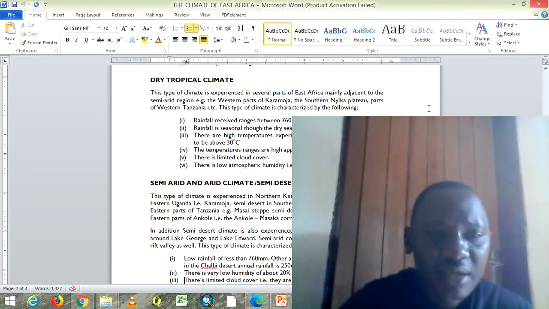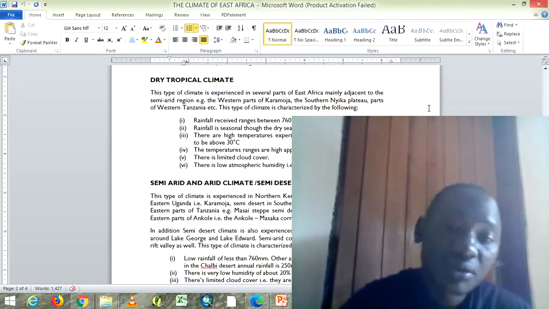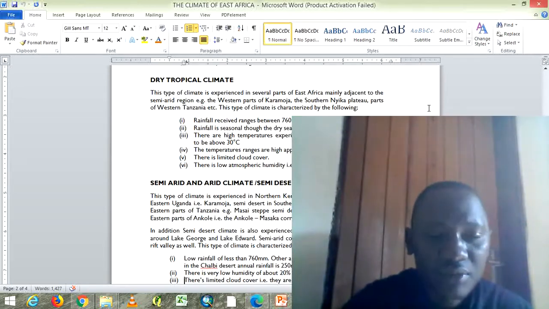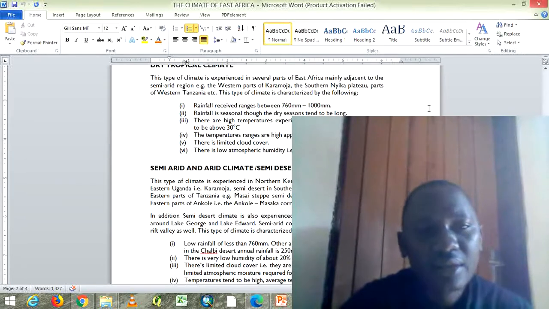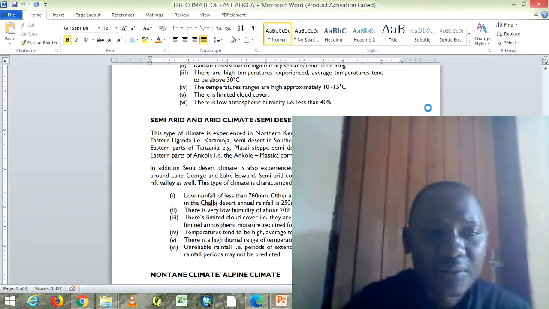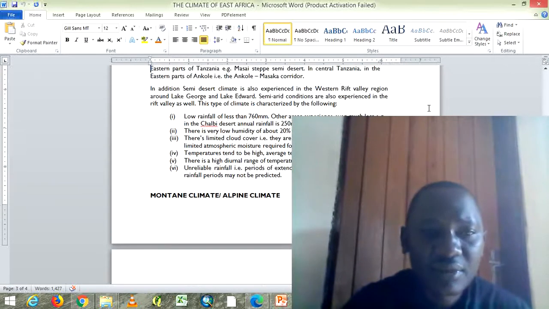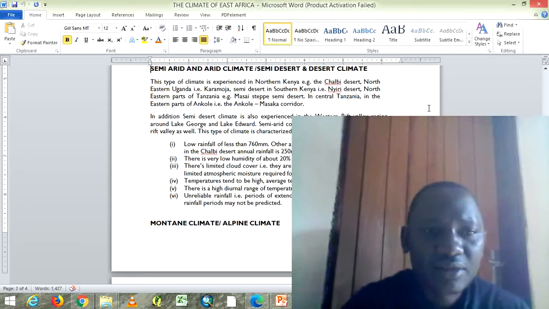There is limited cloud cover, and we know the limited cloud cover is as a result of low atmospheric humidity, because clouds form from humidity. Once the humidity is absent, then the cloud cover will also eventually be absent. The semi-arid and arid climate, or the semi-desert and desert climate, this type of climate